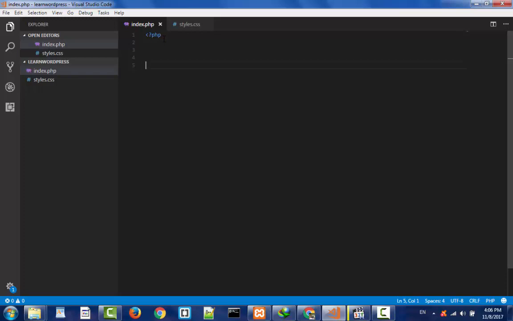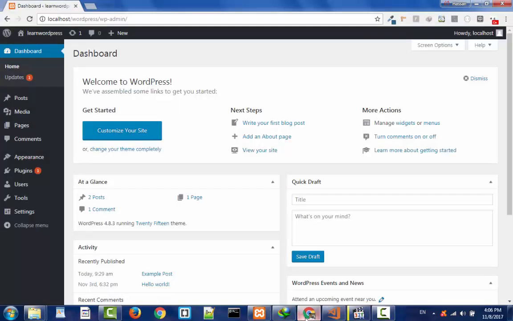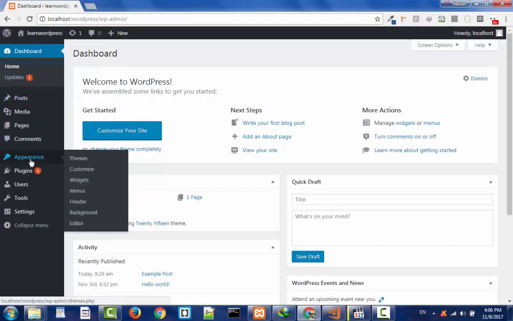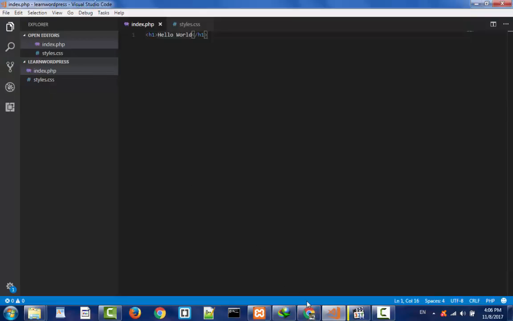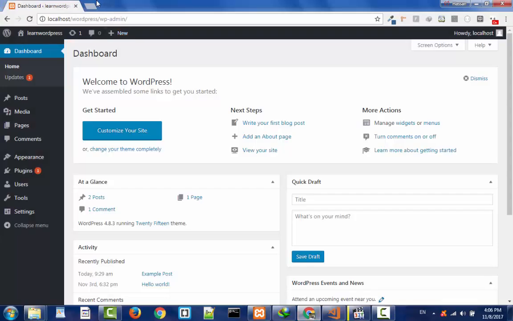Alright, now that we have our PHP tag open, just input anything here. Before opening the PHP tag, let's input an h1 tag and inside it, hello world. Okay, save this. Now go to the dashboard, where you can change the themes. First I want to show you how your default theme looks. So open a new tab and press